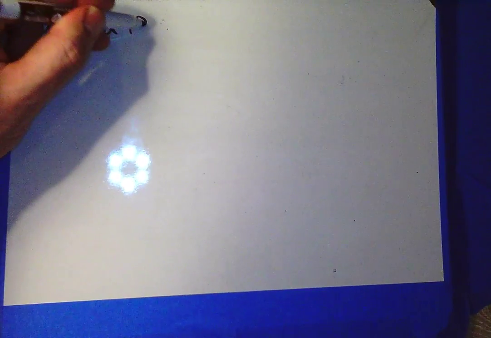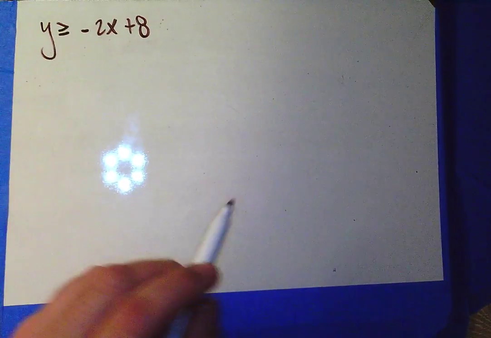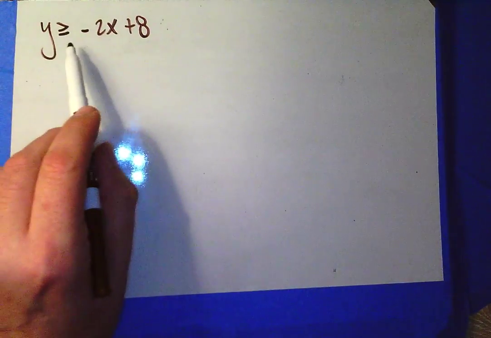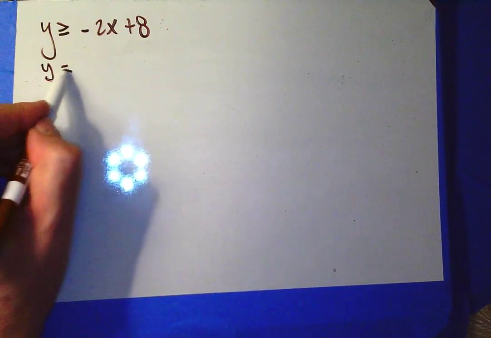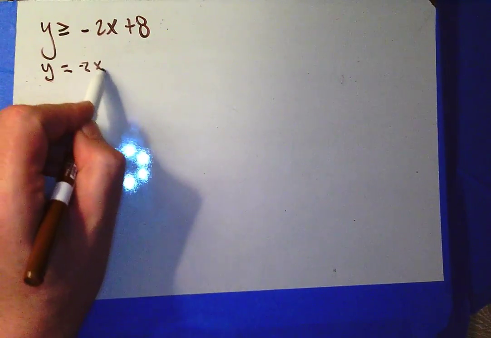Hey everyone. Today we're going to be graphing inequalities and in particular systems of inequalities. But let's start off with some review of graphing inequalities in two variables like y is greater than or equal to negative 2x plus 8. Okay, so when I look at this, I think, oh, well, that's just this linear equation, y equals negative 2x